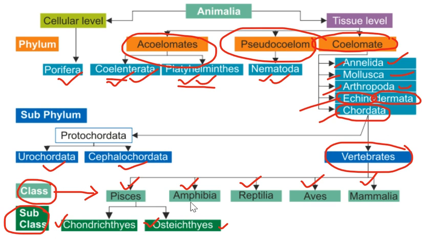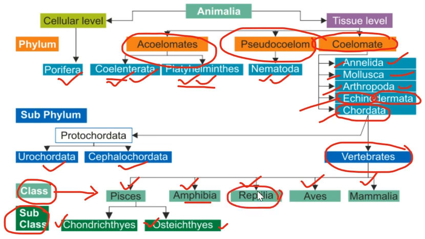Second class of this vertebrate is Amphibia. The main features are they are also poikilothermal or cold-blooded organisms. They live in water as well as on land. Slimy skin, gills, skin and lungs for breathing, two pairs of limbs, three-chambered heart, and external fertilization. So frog, salamander, toad, these are a few examples of this class Amphibia.